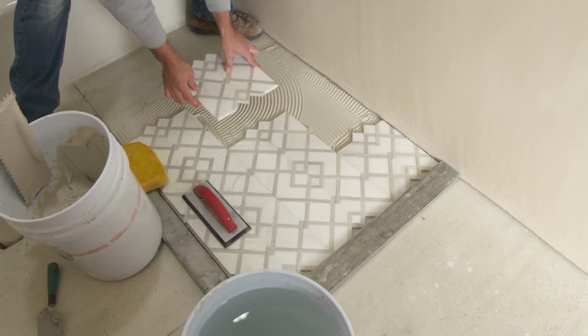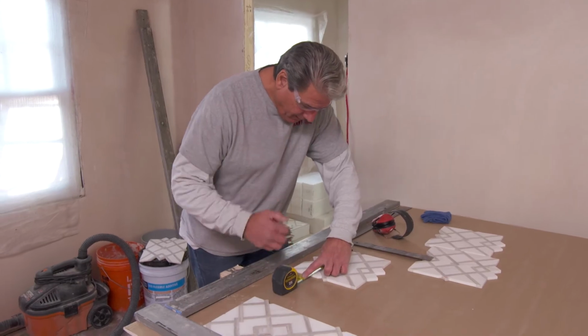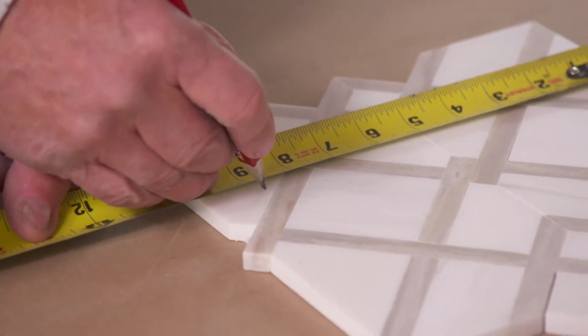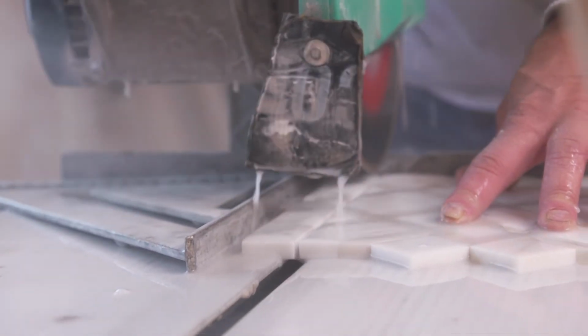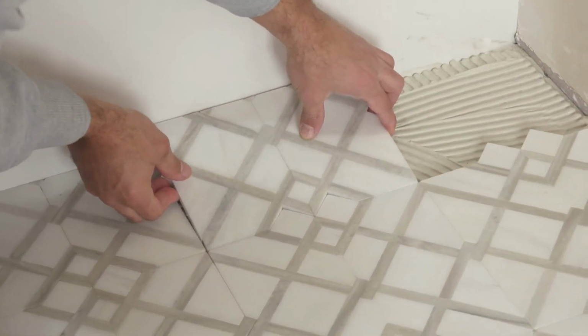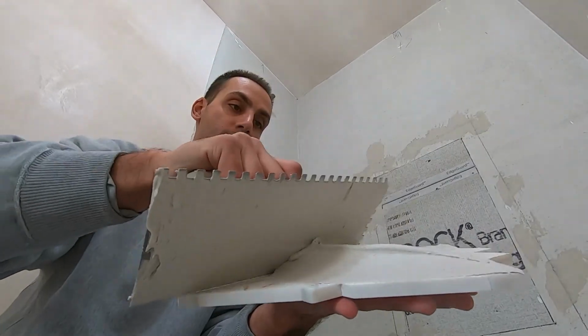So when you're working with a mosaic tile like this, pretty complicated on the mesh, more so than a single tile. Harder, easier, more time consuming, or what? Definitely time consuming. Being a mosaic, we have 30-something pieces that make up a 10 by 10. So compare that to maybe just a regular ceramic. Yeah. Good thing for homeowners to know too, when they pick a tile like this,